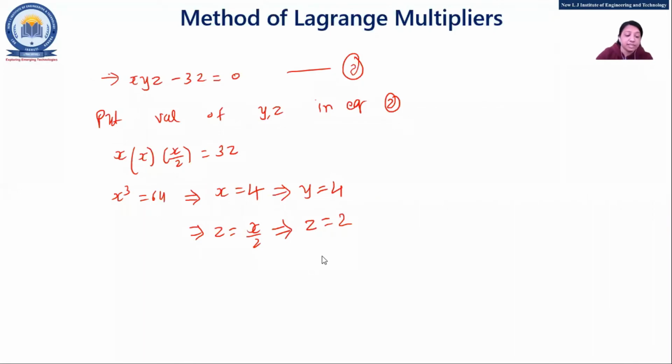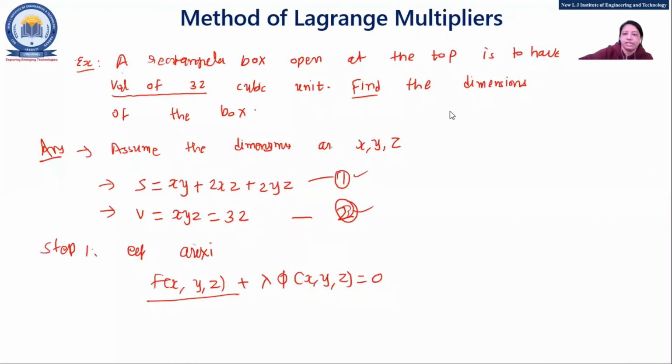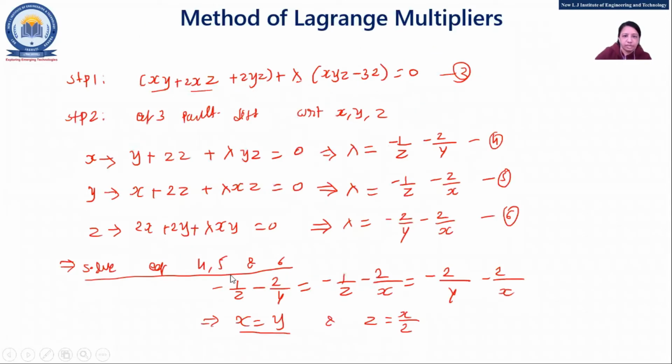This example was asked 2 times, in 2014 and 2016. Just according to this, one example is given in the book which is related to a triangle. So just solve that also. This type of example is important. Fine. We'll take one more example. This is in that one only. We have covered it.